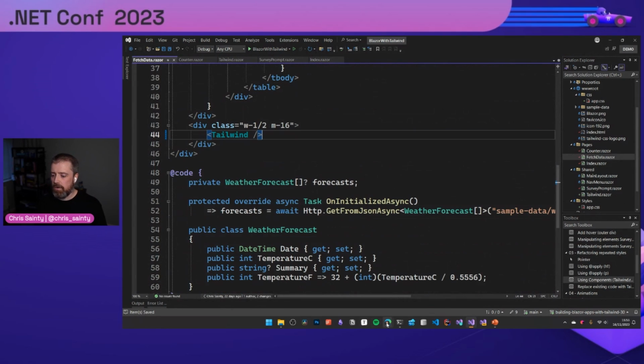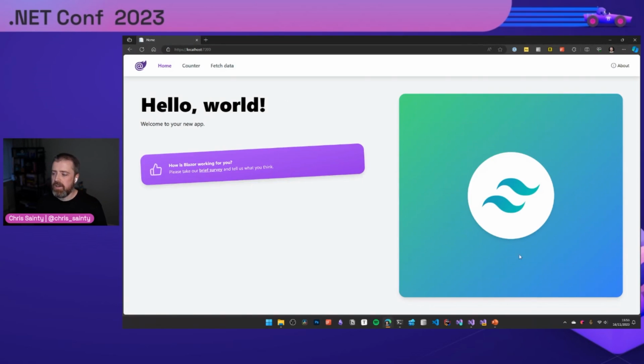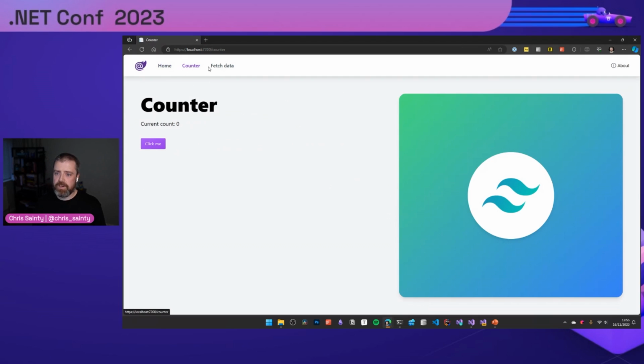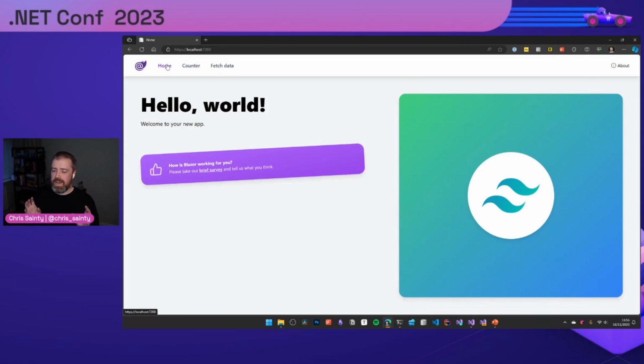So if we save all that off, and we'll go back over to our app, you can see that we've still got the same style over here on the right-hand side, but if we go across our pages, we now have that. And the nice thing about this is we've got this all now centralized in a single component. We're sharing that across our application. If we decide we want to change the gradient or something like that, we can do it in one place and it's going to be reflected